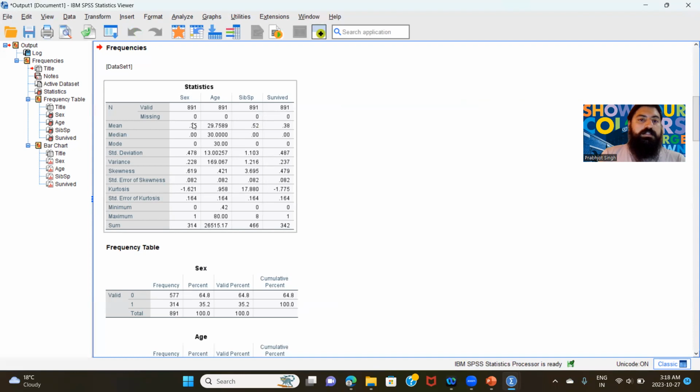So for the sex, and this is the mean for the different variables, and this is the median, and then mode, then standard deviation, variance, skewness. So I'll just highlight the ones that need a little attention. So if I see, since